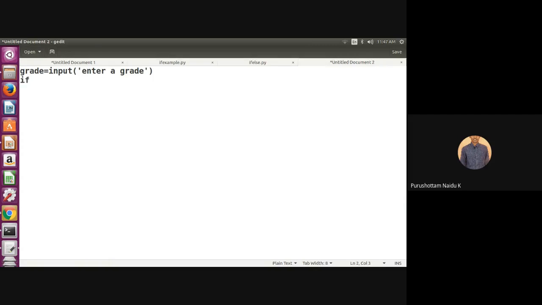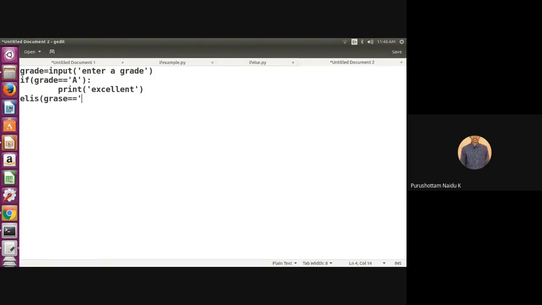If grade equals capital A, print excellent. Else if grade equals B,